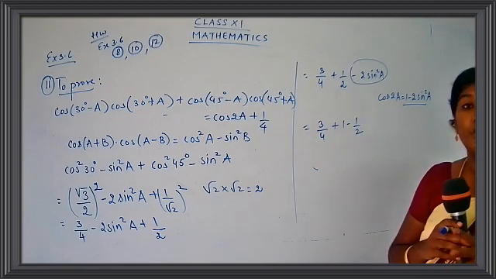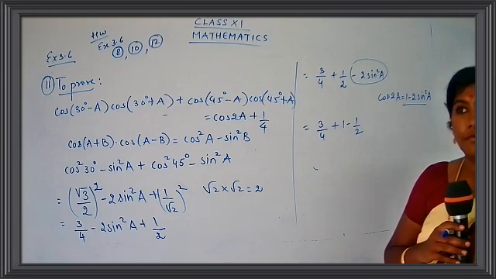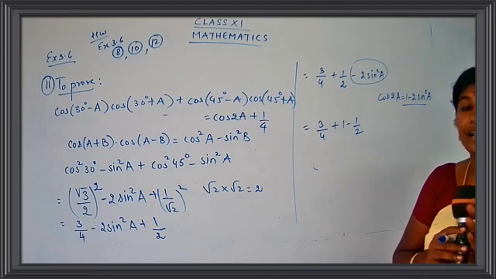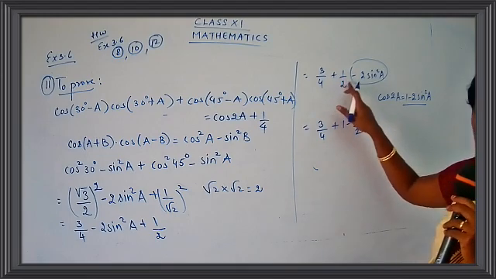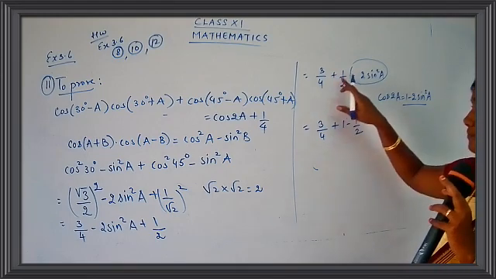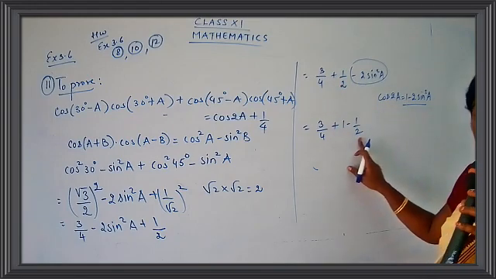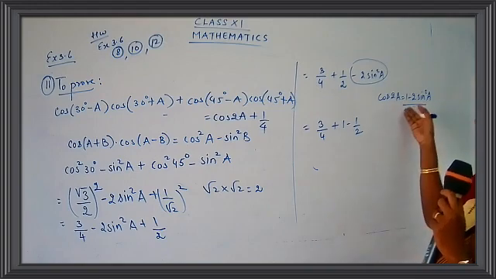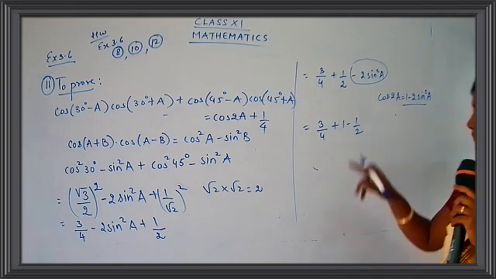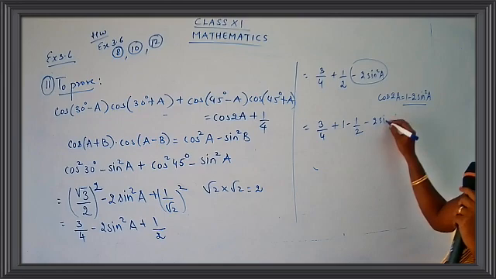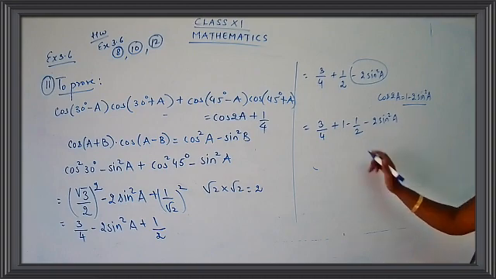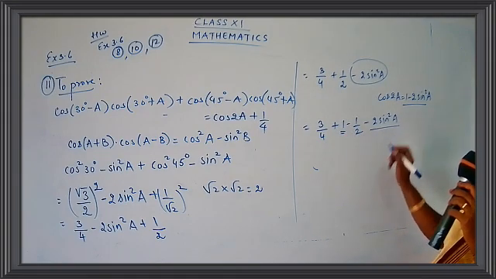Remember children, we cannot change any particular value, only we can just do the alterations. So here half is written as 1 minus half, which are same, this half and this value are equal, so I have just splitted half as 1 minus half so that I can use the formula for cos 2a. So minus 2 sine square a, so we have 3 by 4 plus 1 minus half minus 2 sine square a, where the value for 1 minus 2 sine square a I know.